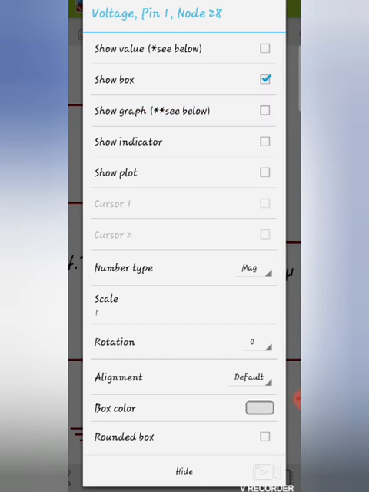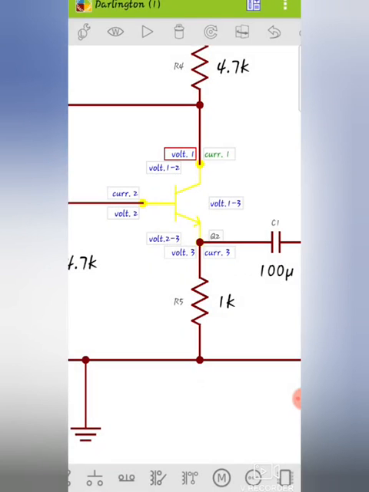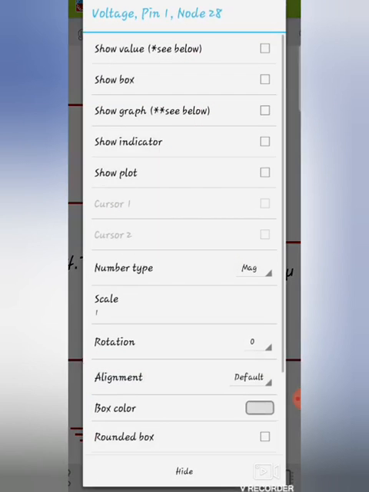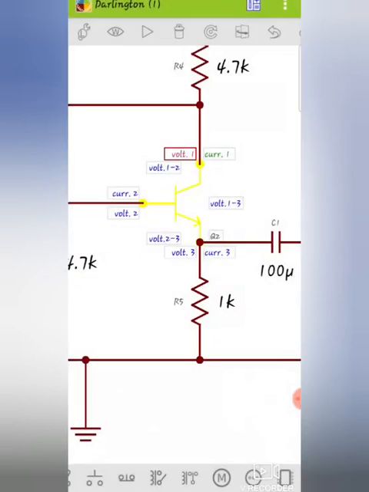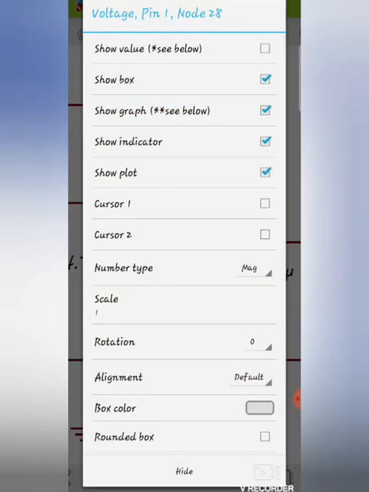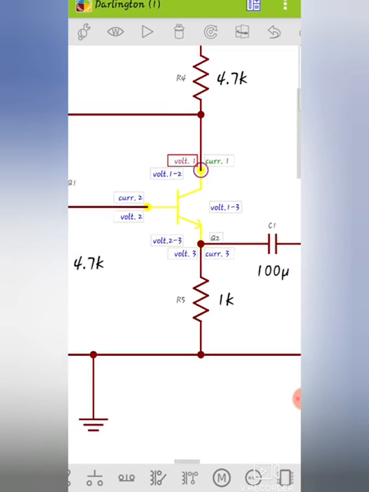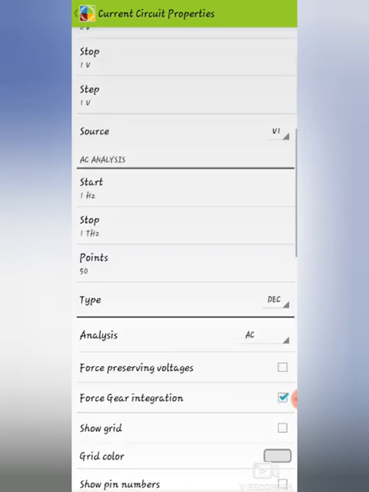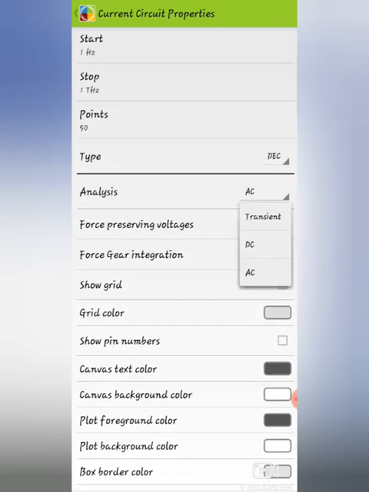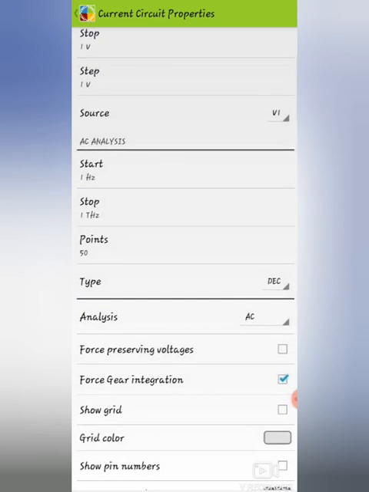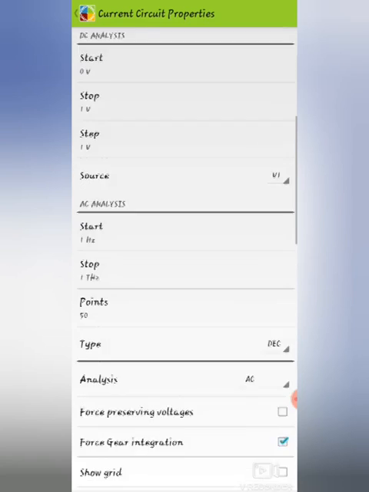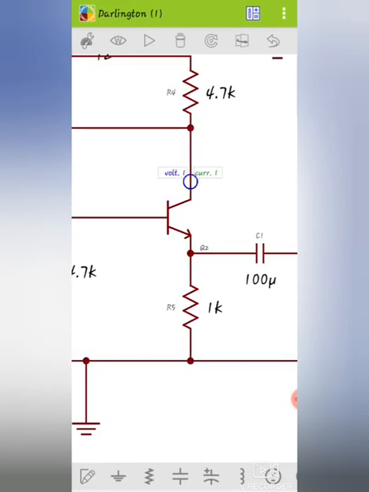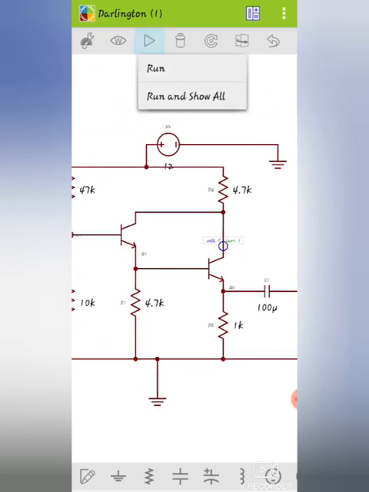I have already given the output connections, so just click again and go to the voltage, enable the plots and graph box indicator if you want, and this is the output terminal. Interested to calculate the frequency response, so just go to the circuit property and select the analysis type as AC, start frequency as low range frequency and stop frequency as high range frequency. We have connected the output also. Now just run this.